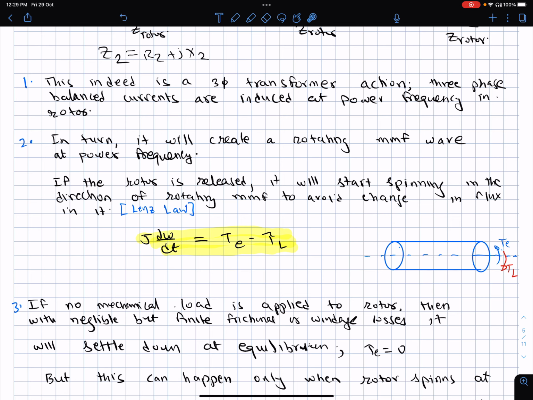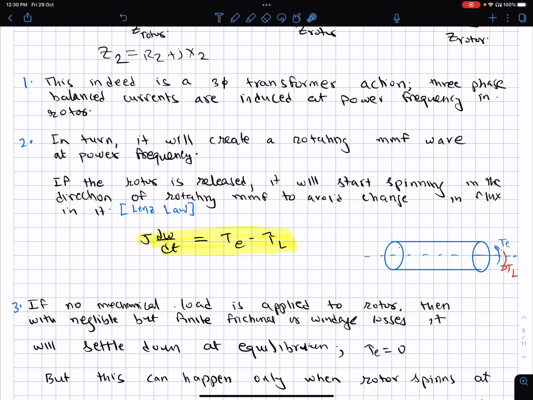If the machine goes to synchronous speed, what happens? T becomes zero, so minus of TL will be impacted on it, and the machine will start decelerating. So there is no possibility that it can rotate at synchronous speed. But it can have a steady state speed.